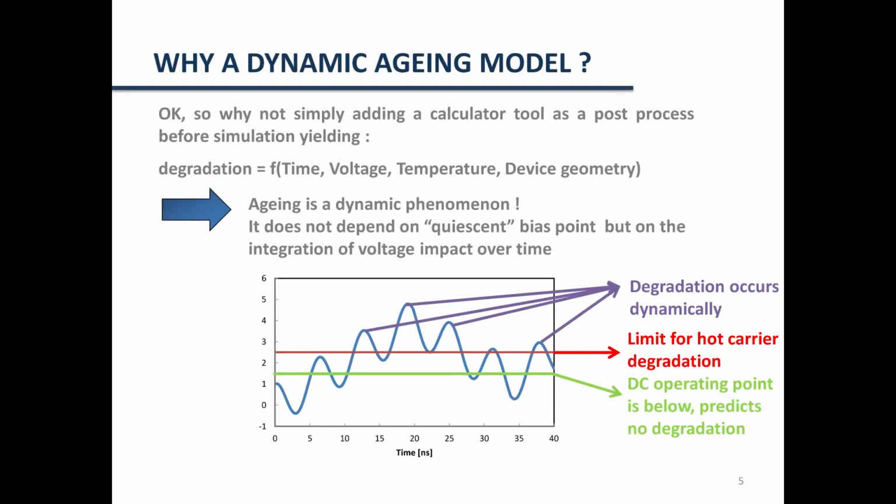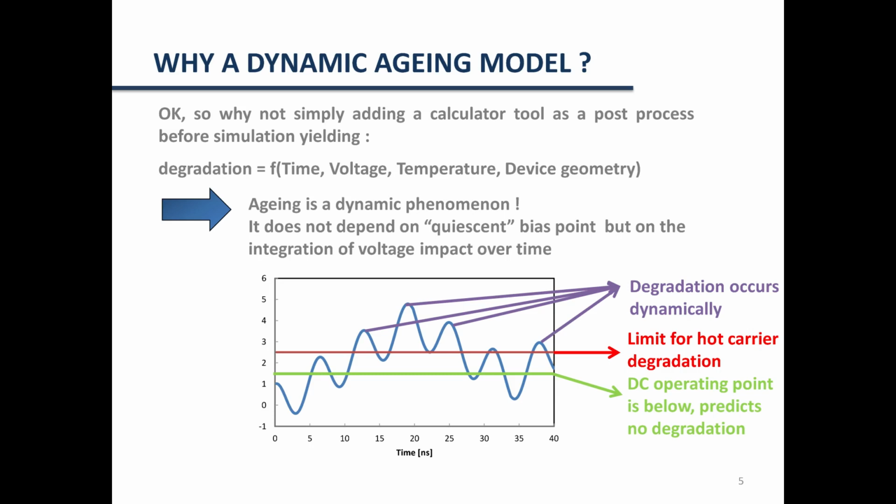So we need to calculate this aging for every transistor. So why not simply add a calculator tool as a post-process before the simulation? This would yield a degradation as a function of time, voltage, temperature, and device geometry. And it's not possible actually, because aging is a dynamic phenomenon. It does not depend on the quiescent bias point, but on the integration of a voltage impact over time. So let us have a look at this figure here